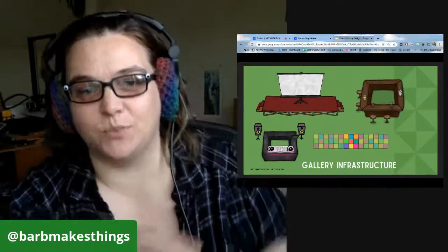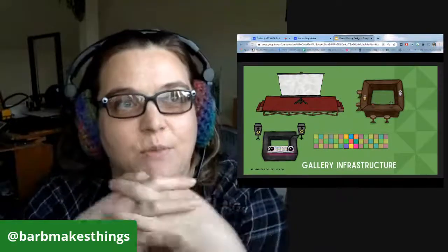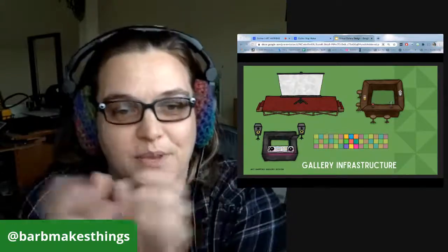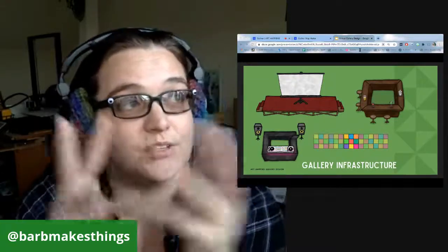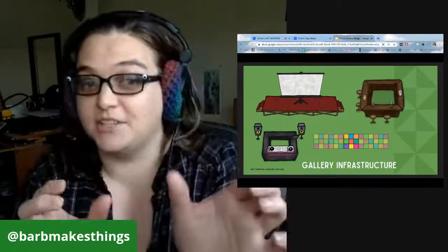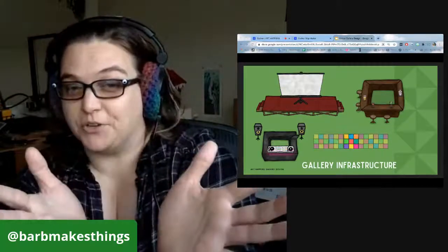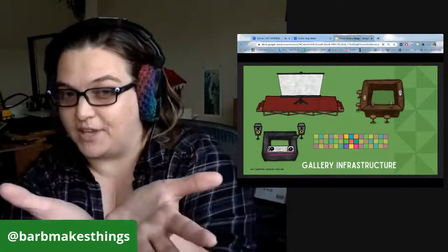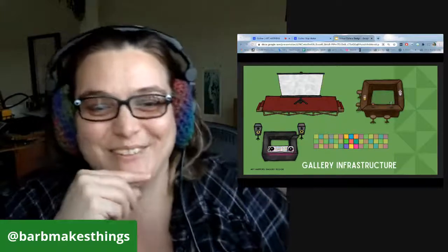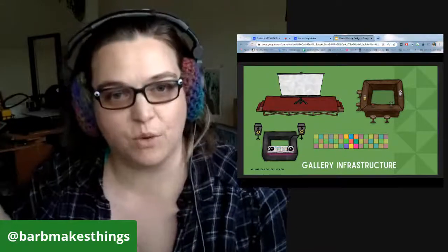So once we've got the building set in place, then you start to add some of the more structural details of what's going to be in the space. Because during this whole process, I'm also talking with people and saying, here's what it's going to look like. I can try to explain it to you, but you're going to understand it better when I can actually have it here in front of you. So I'm like, okay, get this done as fast as I can so that the artists can really get what I'm talking about, and they'll know exactly how to lay things out if they want to do their own rooms,